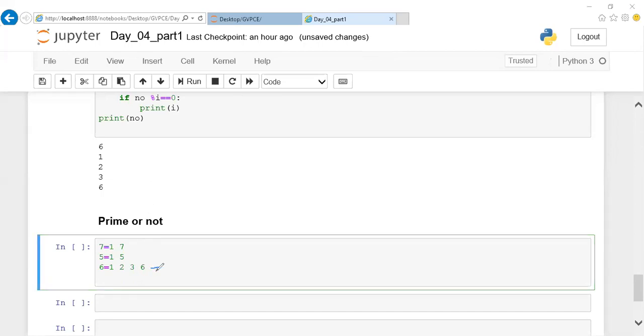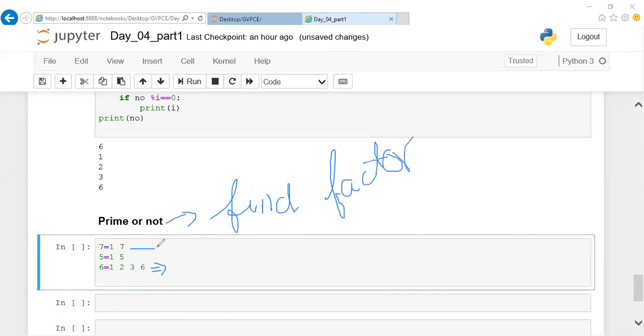So the other thing is I can say this is nothing but finding factors. This prime number logic is nothing but finding factors. There is a relation between factors and prime numbers. If the particular number has only two factors, then it is a prime number. When it has more than two factors, it is not a prime number. This is the logic, guys. So this literally means finding factors for a given number and checking if the number has only two factors, then it is a prime number. If the number has more than two factors, it is not a prime number. This is the logic we'll be writing.